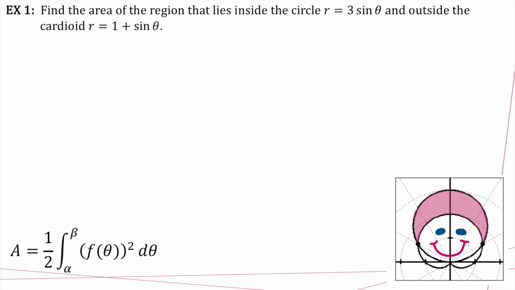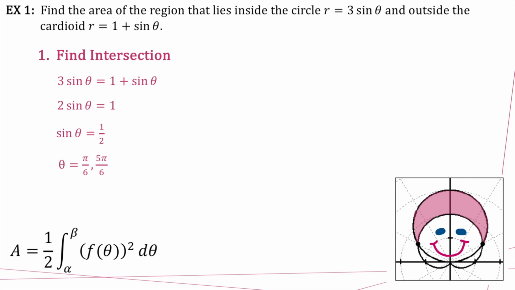Well, how do we do that? Step 1 is going to find the intersection between the two curves. So we'll set them equal to each other and solve, and we can see that they intersect at pi over 6 and 5 pi over 6. So let's go ahead and write that on there. Now, to find the area between the curves, well, let's set up an expression for area. Now, just between those two lines of intersection,